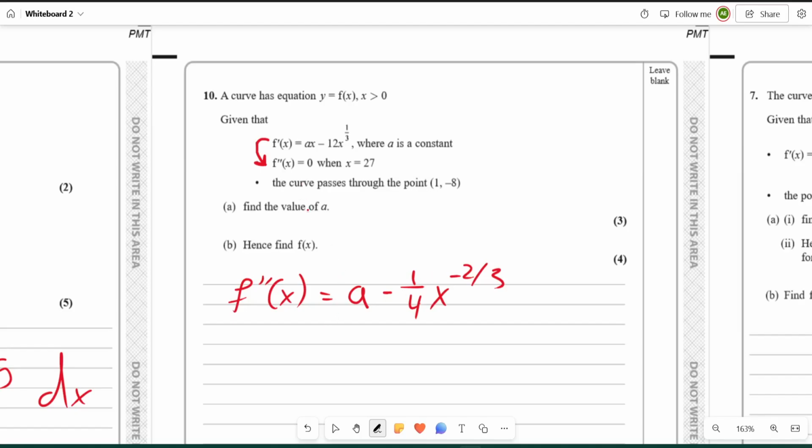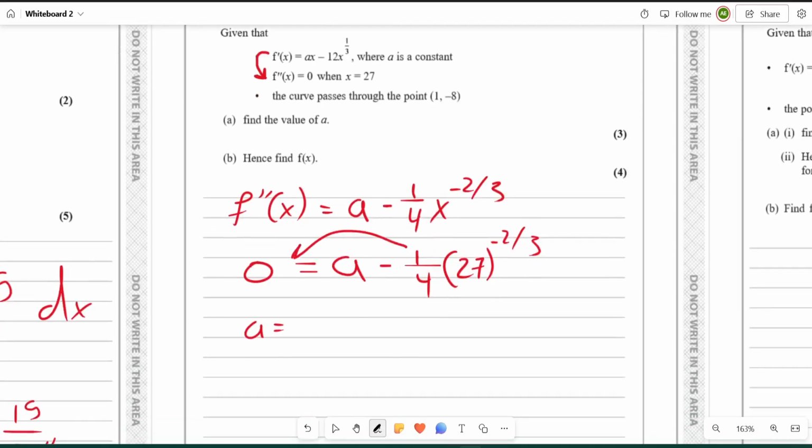So it tells me that f double dash of x equals 0 when x is 27. So this is going to be 0 when x is 27. So instead of x, I'm going to put in 27 power negative 2 over 3. So a is basically going to equal, I'm going to move this to the other side, becomes plus. So a is going to equal 1 over 4 times 27 power negative 2 over 3. So that's going to give me an a value of